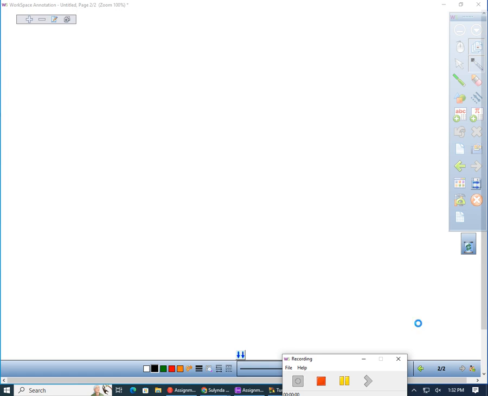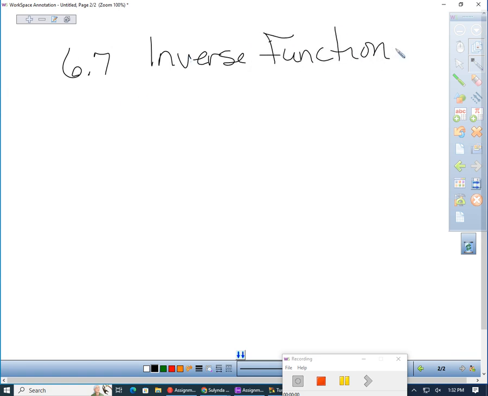We are moving on to 6.7, and 6.7 is inverse functions. The very basic way to explain what an inverse is, is that we switch x and y. Okay, those flip around. At the same time, that also means that if we are switching those, that this would